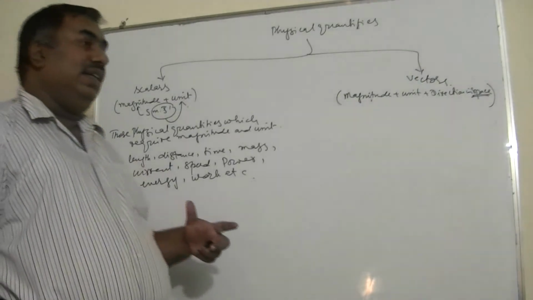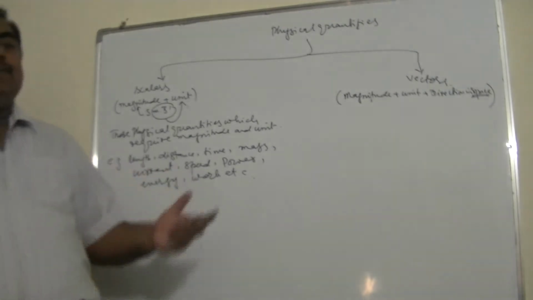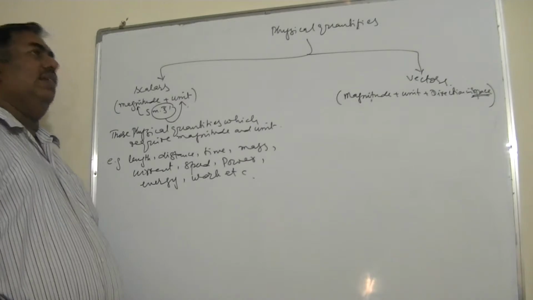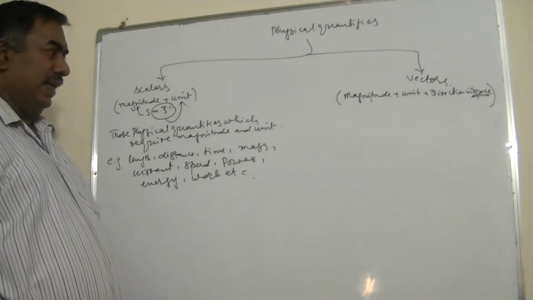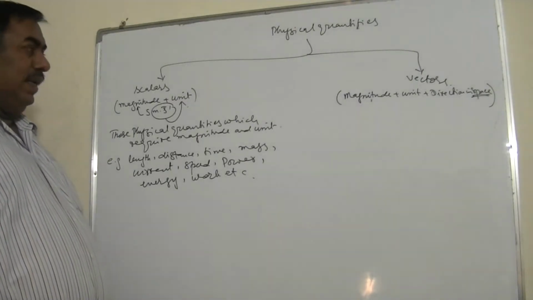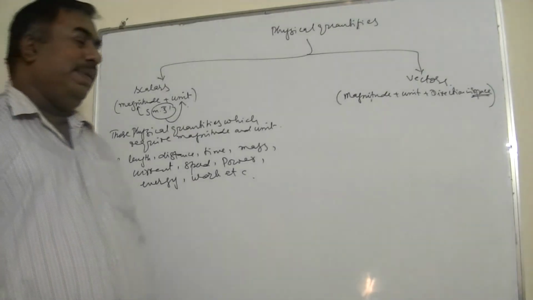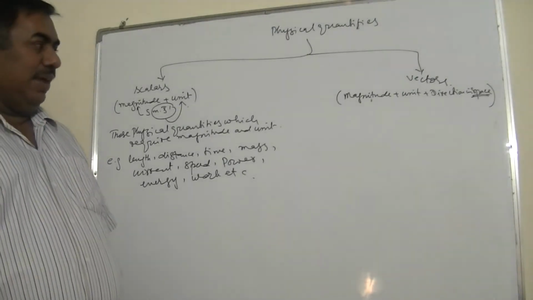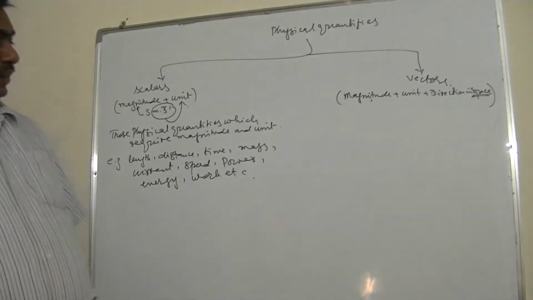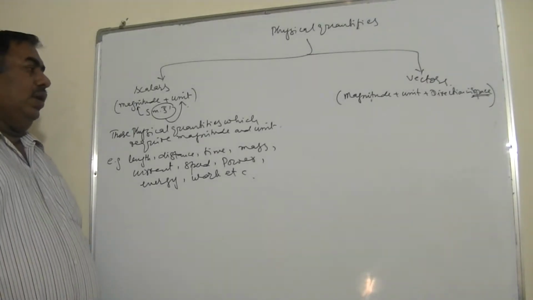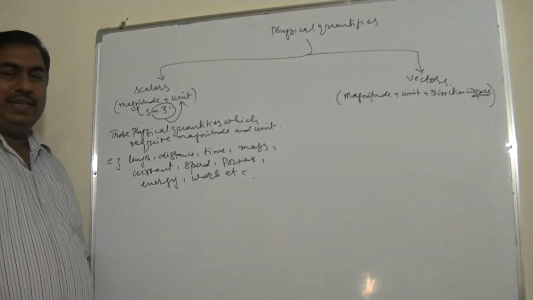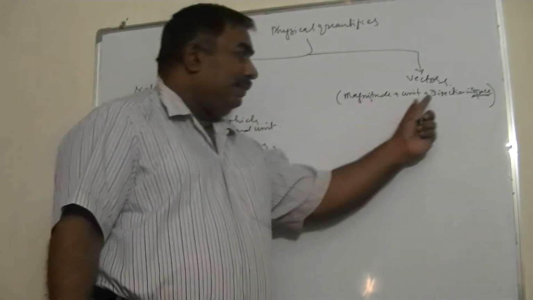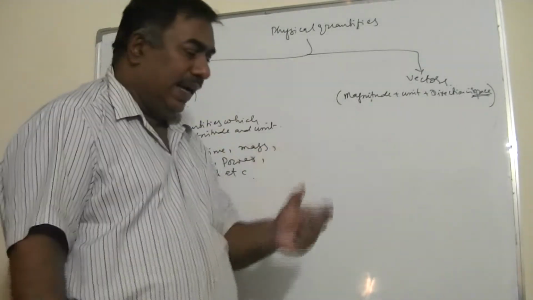Direction in space means either the direction along the x-axis, y-axis or z-axis, or the north, west, east, south directions. Geographical directions are the angles with the x-axis, the coordinate axis. Or I can say the vectors are those which can be expressed in i, j and k form or components, at least in 3 dimensions, at least in 2 dimensions. They can be expressed in 1 dimension also by just assigning the plus and minus sign. But actually direction in space means direction of the x-axis, y-axis or z-axis.